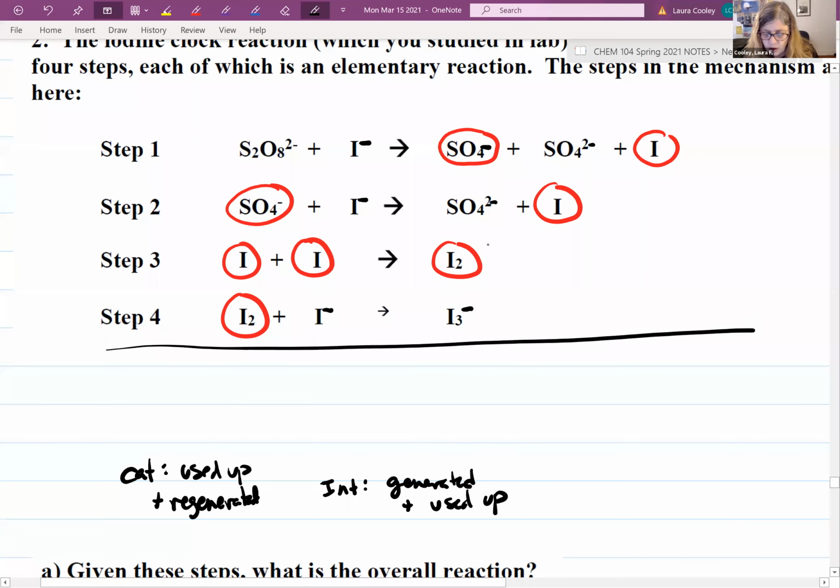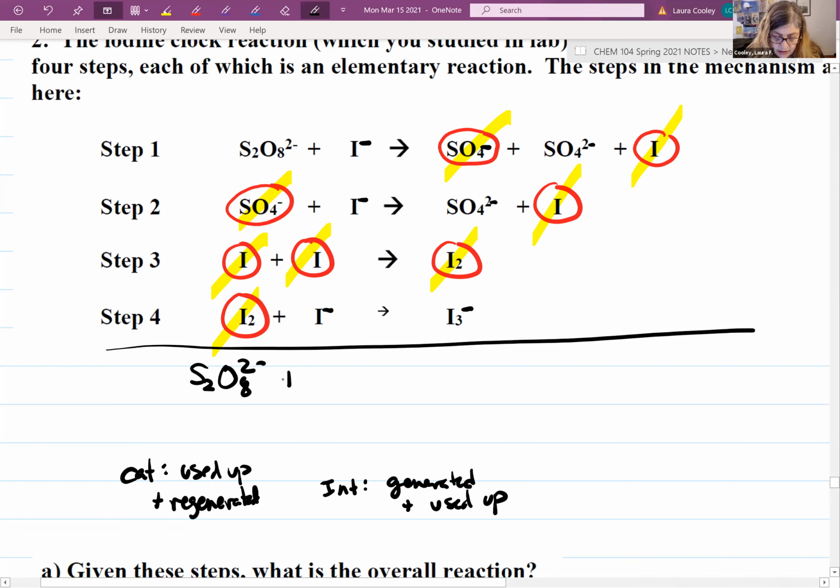I can cancel all the things, right? All these intermediates, because these 2 cancel with these 2. This cancels with that. This cancels with that. All intermediates cancel because they're generated and then react away. So that's how you know they're intermediate. So we end up with